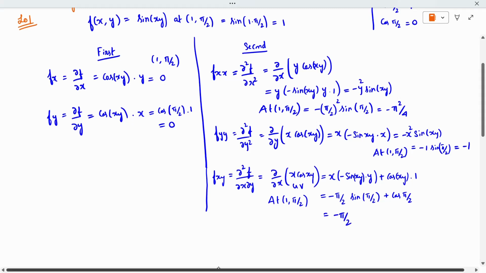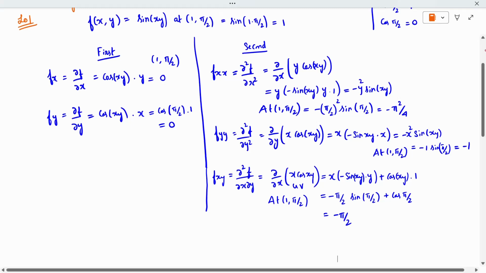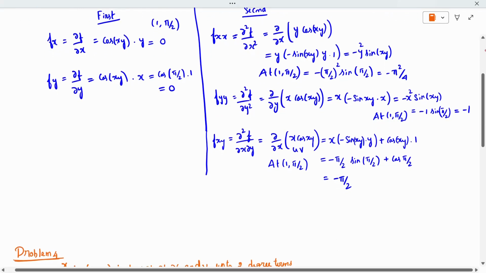Okay, completed. Now you write Taylor's theorem formula and substitute in this. So it will be completed. Now I will write the formula. So when I write it, what is our formula? F of x comma y is nothing but f of a comma b plus x minus a into fx plus y minus b into fy plus